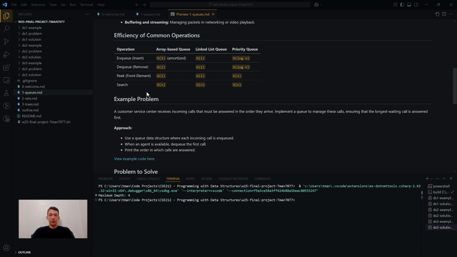For their operations, a lot of them are meant to be O of 1. That's why they are made, to make them super fast to get through. Searching can take up to all of the elements of the queue because you search from front to back. That's an array-based queue. If you have a linked list queue, which just keeps track,